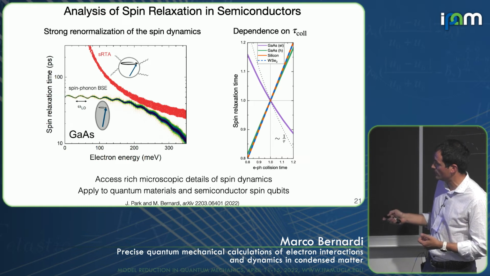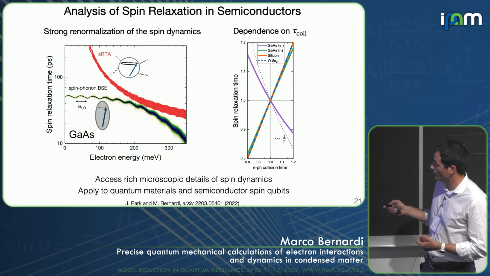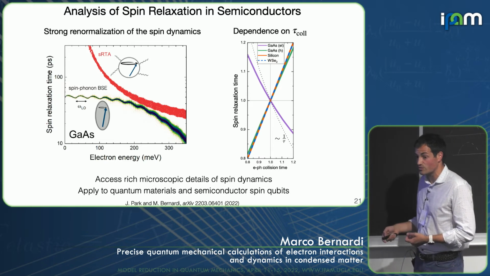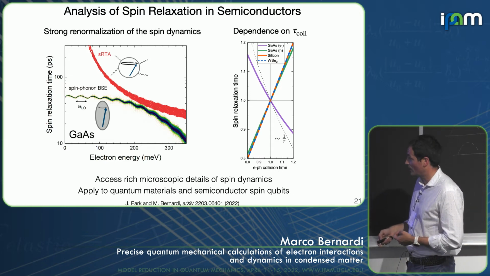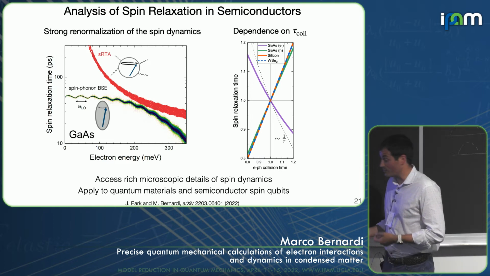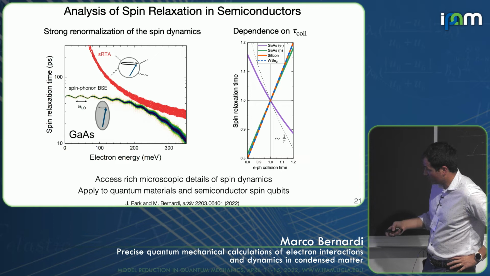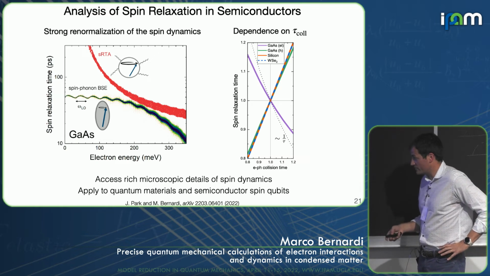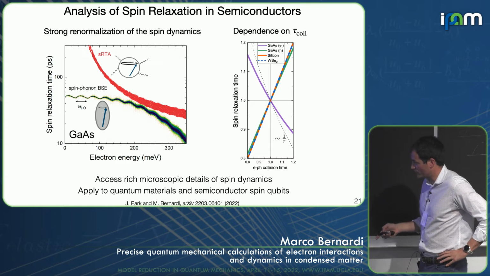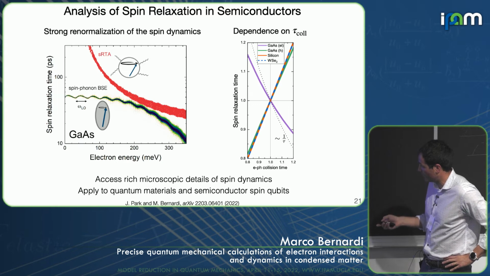see that this is nearly linearly proportional. But for gallium arsenide, this is almost inversely proportional. And so that's a signature that we can include both the Elliott-Yafet and the Dyakonov-Perel mechanisms. So we can access these microscopic details, and we've planned to use this method in various materials and also qubit